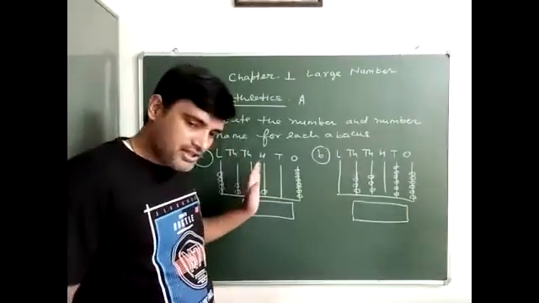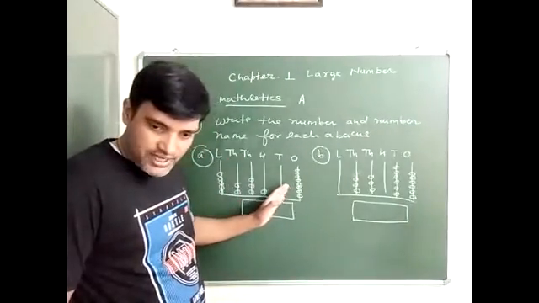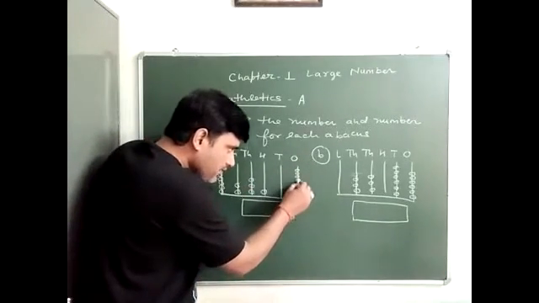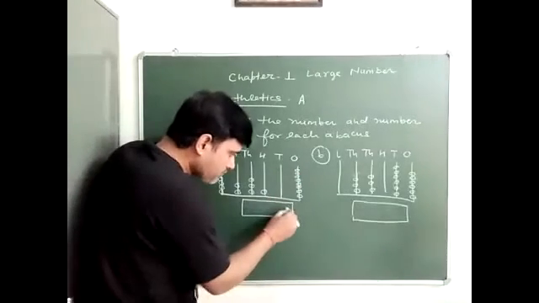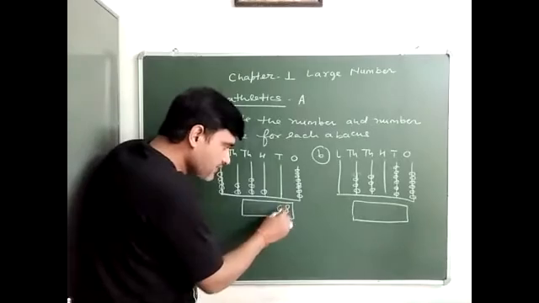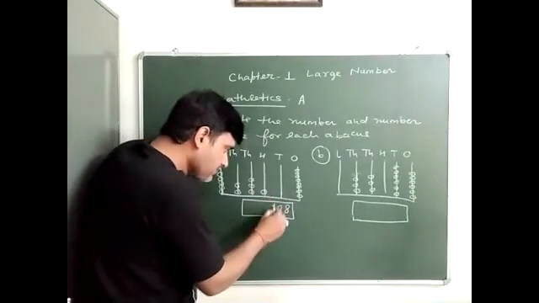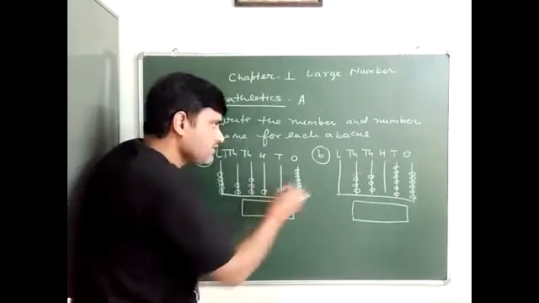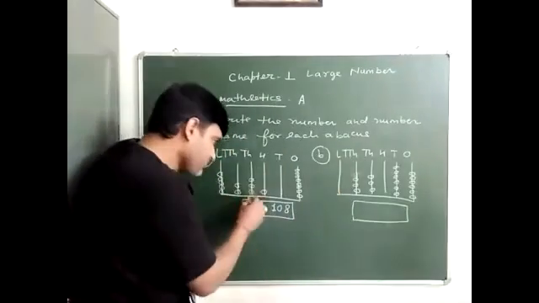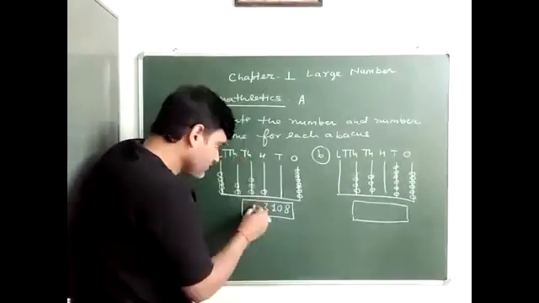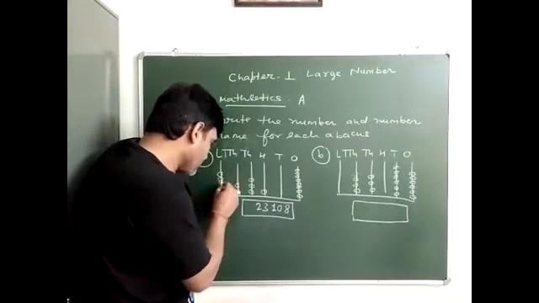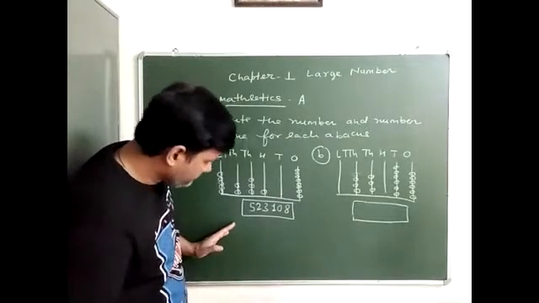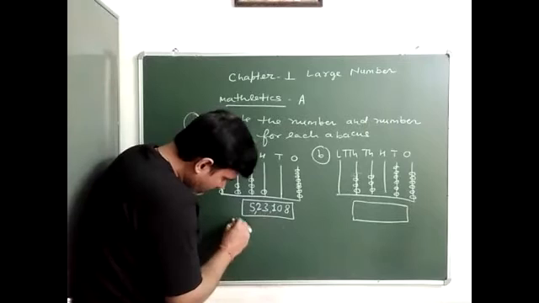Now, first we count the number of circles at different positions. At one's position, there are 8 circles, 1, 2, 3, 4, 5, 6, 7, 8. Okay, so we write it here. At tens position, no circle, we write 0. 100 position, 1 circle, we write 1 here. 1000 position, 3 circles, we write 3. 10,000, 2, and at lakhs 1, 2, 3, 4, 5. Okay. Now, number name: 5 lakh